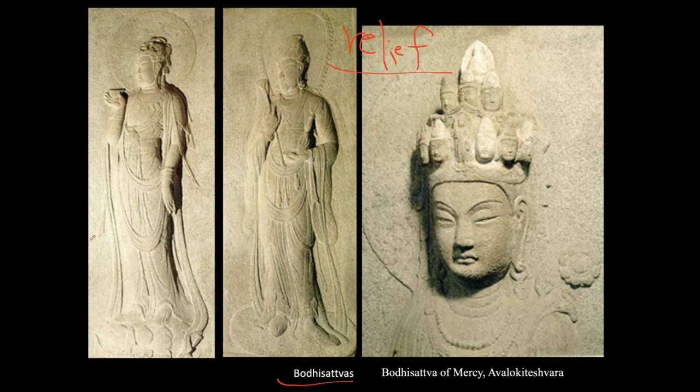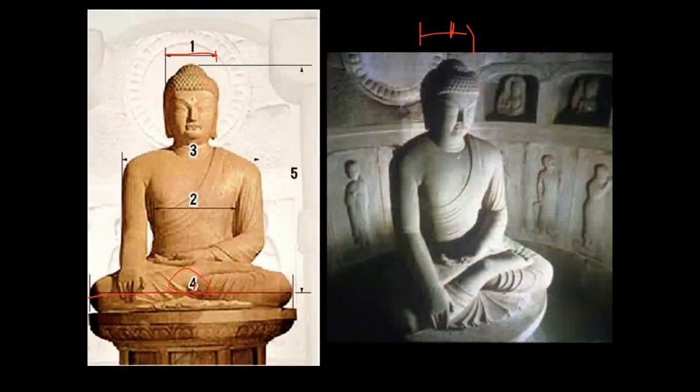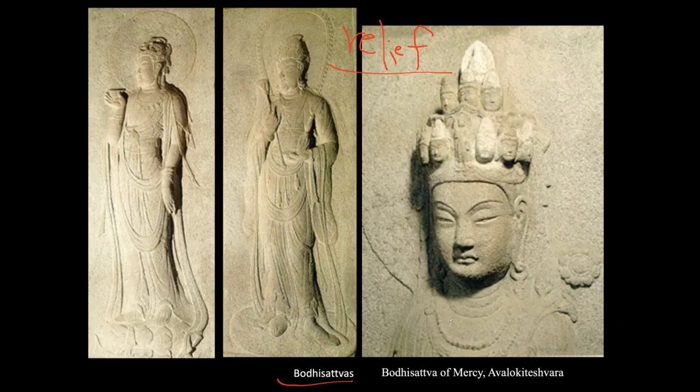So it's not freestanding. These are embedded against the wall. So you have bodhisattvas. But right behind Shakyamuni, right in the middle of the center, there are 5 disciples. There are another 5 disciples, but right underneath, like right here, that is